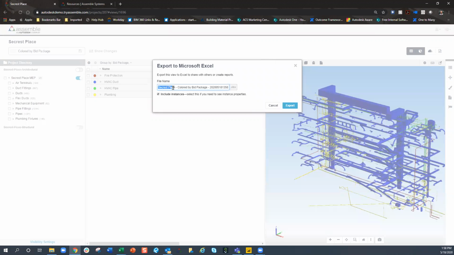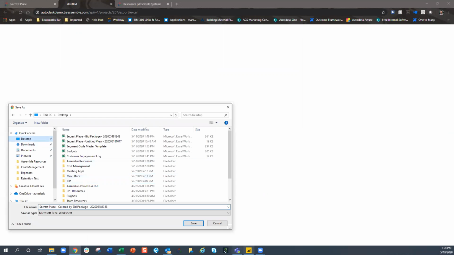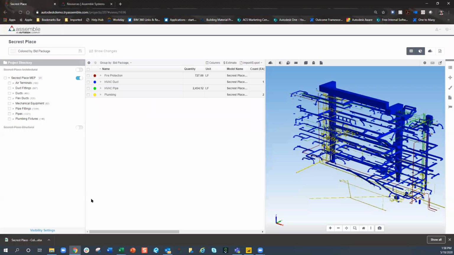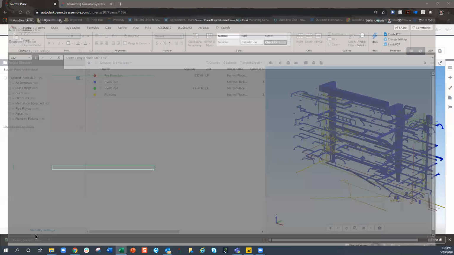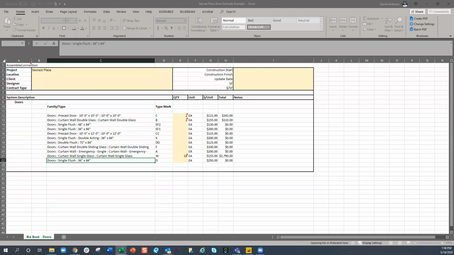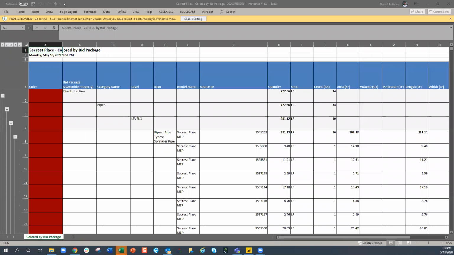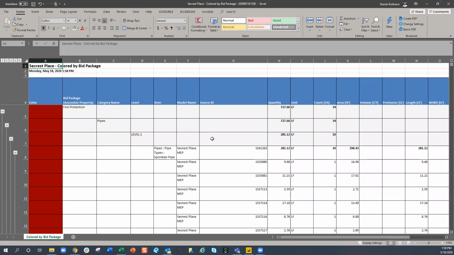Now it's got my project name, it's got my view name, and a little bit of the date information. I do want to include instances, so I'm going to leave that checked, and I'm just going to select export here. Just save this to my desktop for simplicity. And then I'm going to open this up. All right, so now I can see all that information that I had in my inventory in Assemble is now